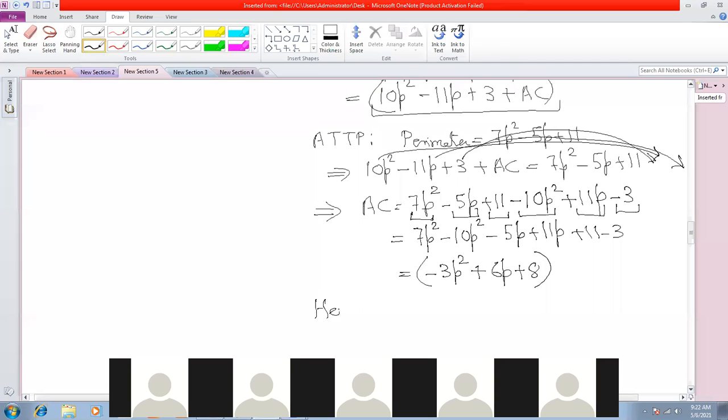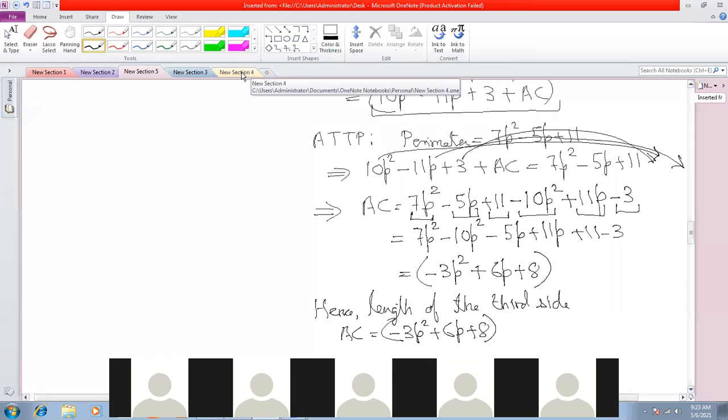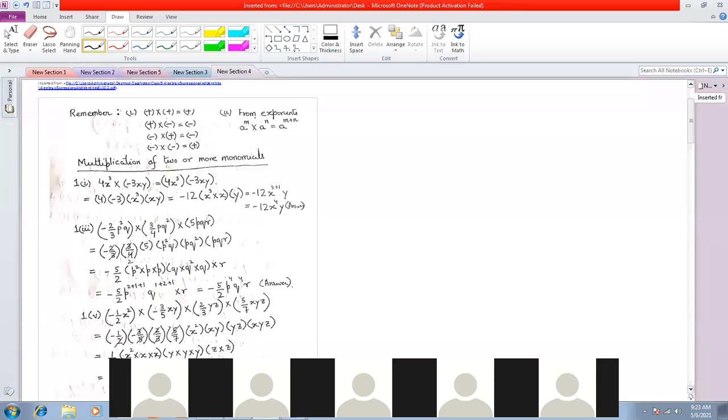Hence, the length of the third side AC is equal to minus 3p square plus 6p plus 8. Any questions on this problem? No, sir. If not, then we move on to the next concept, which is called the multiplication of